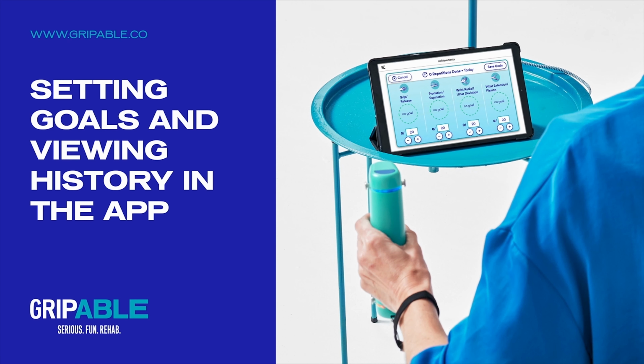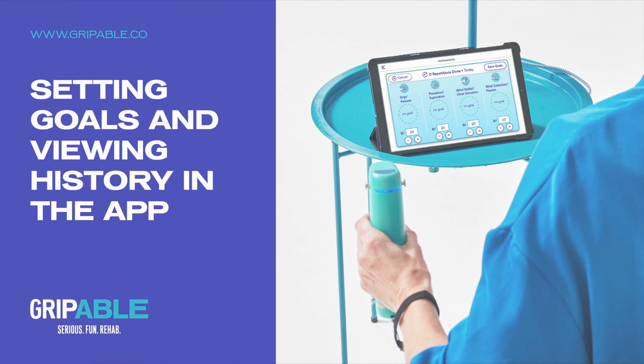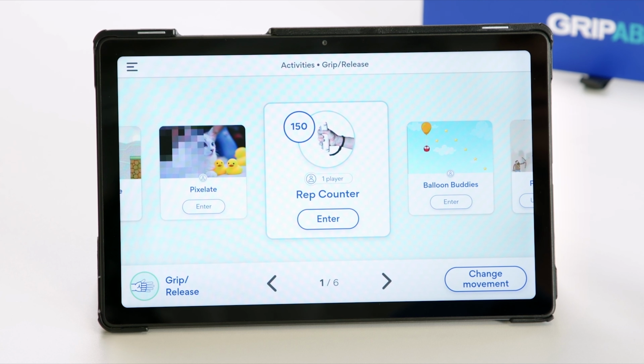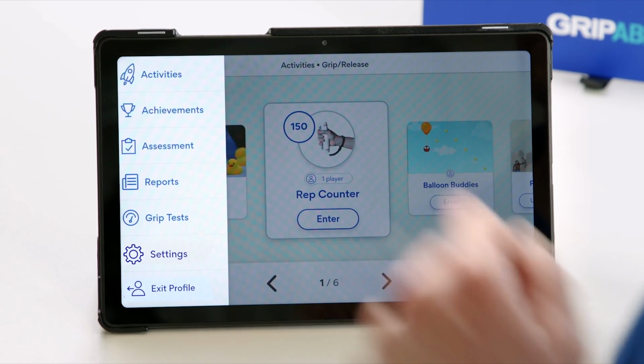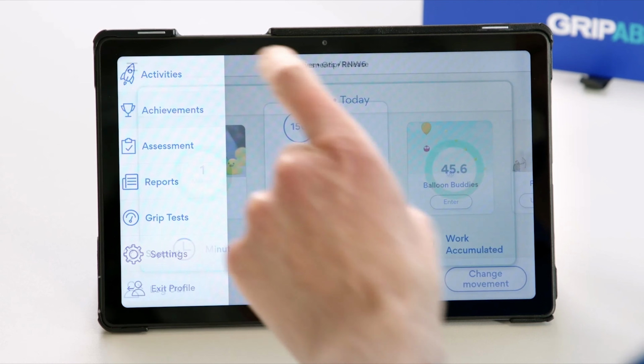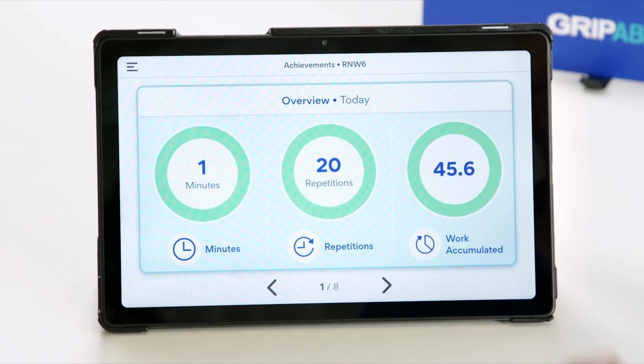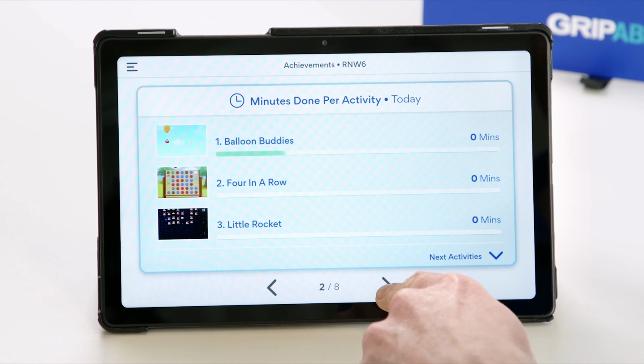Setting goals and viewing history in the GripAble app. To set and update goals, increase or decrease your daily minute or repetition count, head over to the Achievements tab on the menu. To set goals for minutes, tap the arrows at the bottom of the screen to find page